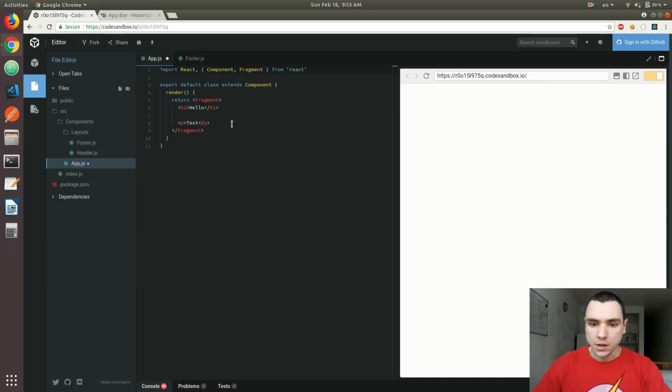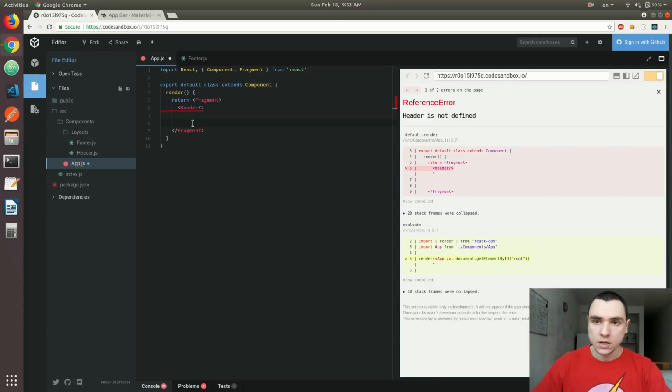That's why I'm going to be using the fragment, and of course you have to import it from React. I'm just going to save that, but in this scenario I don't want any headers or paragraphs. So what I'm going to do is I'm actually going to have the header, and this has to be capitalized, of course, otherwise it's going to be treated as a normal header in HTML. The header is actually a valid